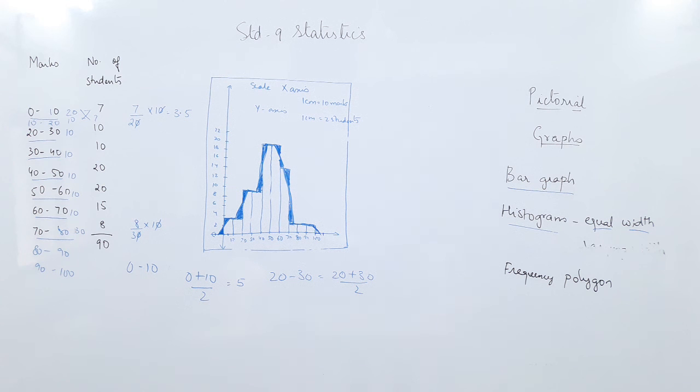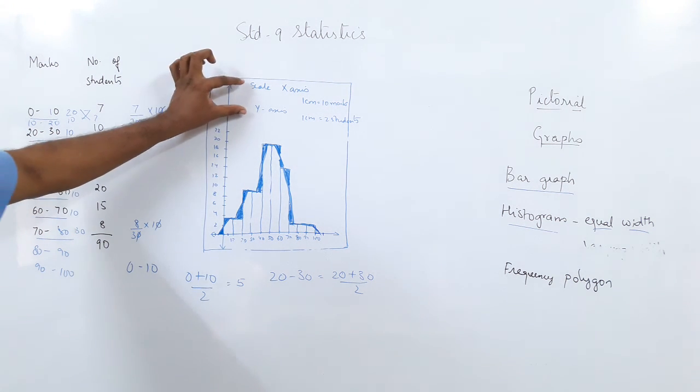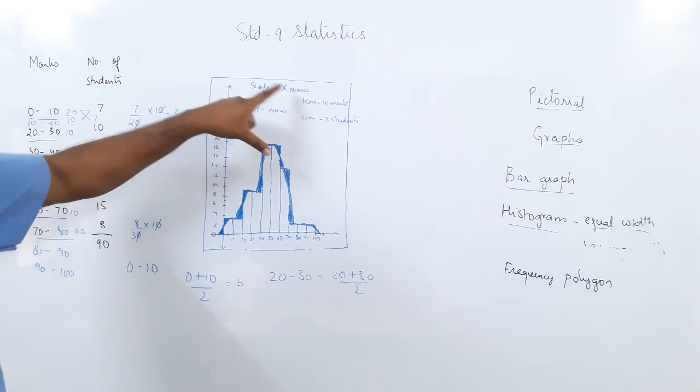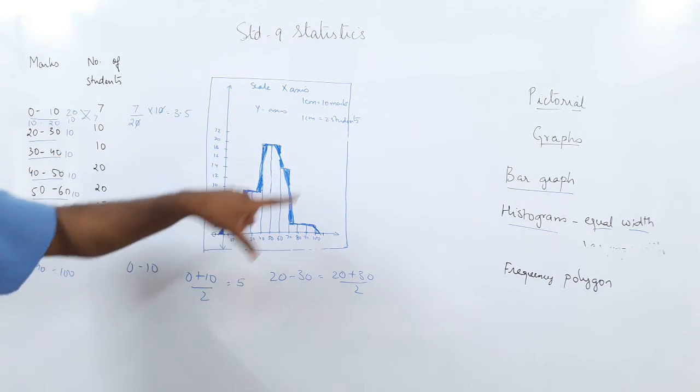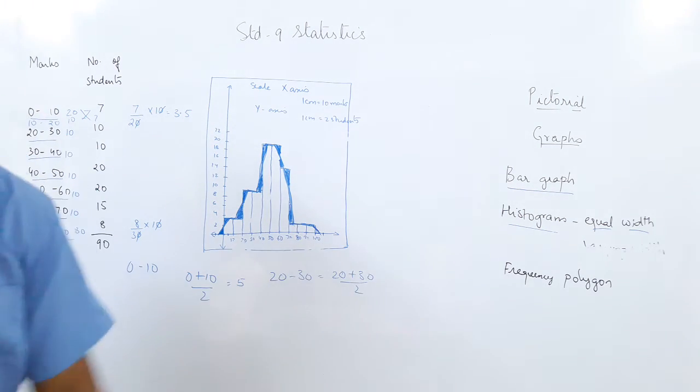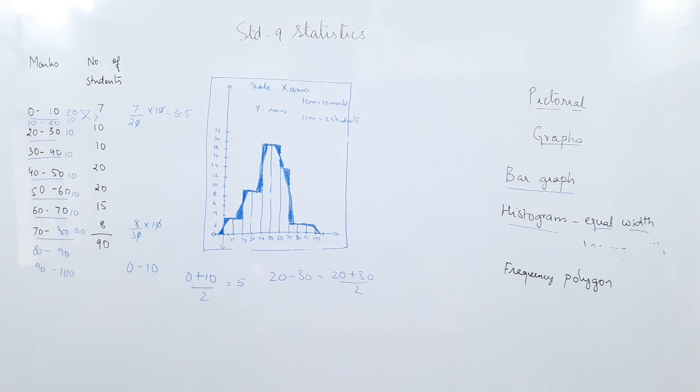You have an exercise to finish. Depending on the question, whatever the question asks, draw the frequency polygon, the bar graph or the histogram. Now you will think it is very easy, and it is very easy, but it needs a lot of practice. And what you must not forget is, in the graph paper, the legends and the scales have to be shown. If you do not show the proper scale, you will lose half a mark. So show the proper scales, and we are done with the pictorial representation.